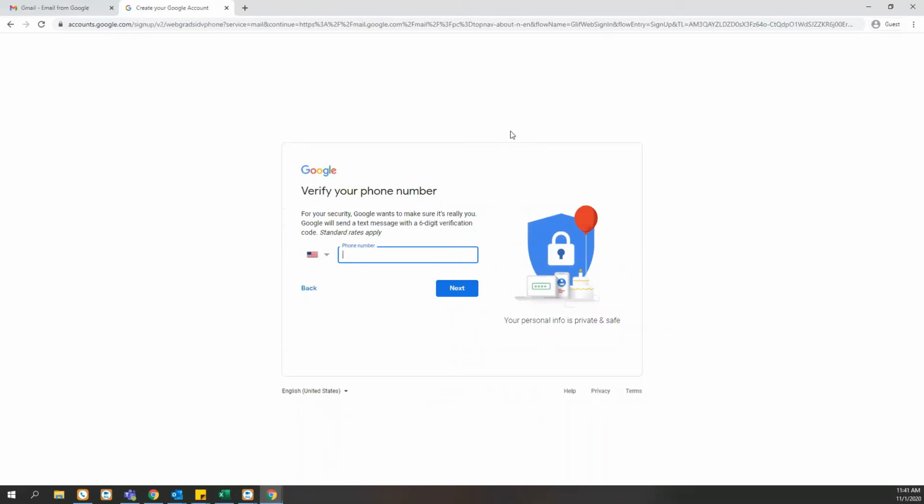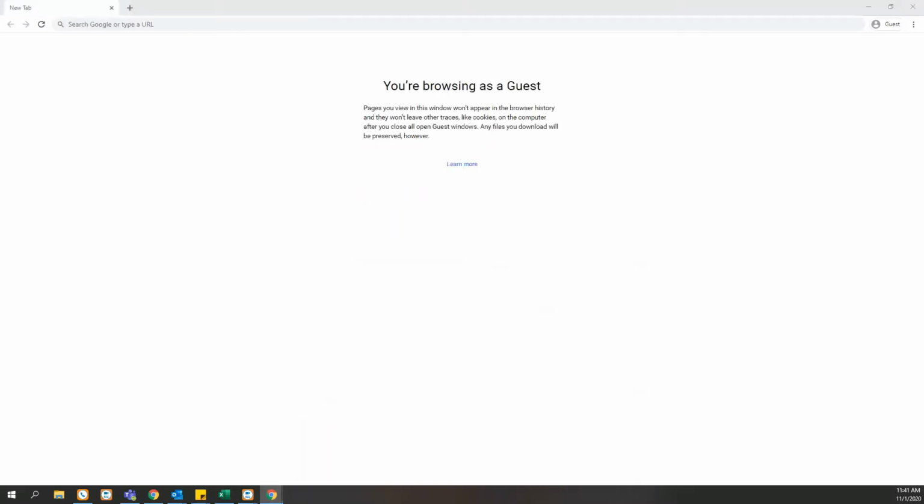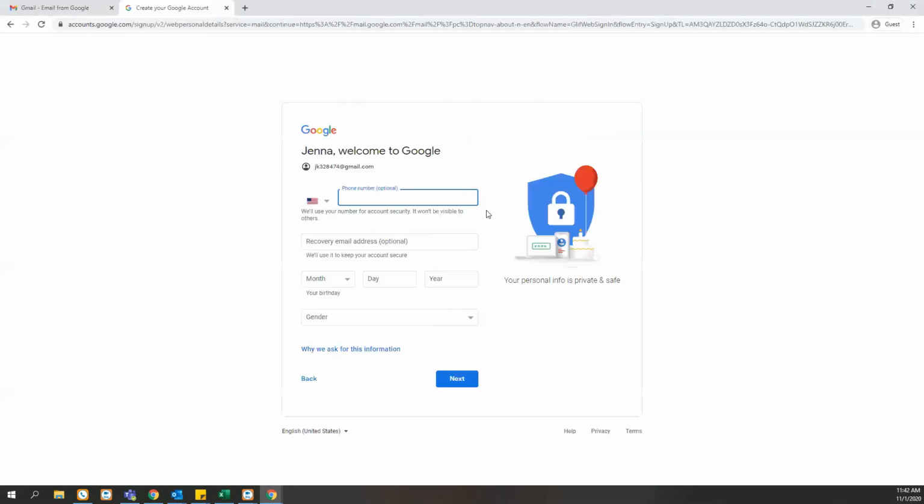So it wants me to go ahead and verify my phone number. So go ahead and type in your phone number here. I'm going to move my screen just for security's sake. But I'm typing in my phone number. And then I just received a text message to my phone. So I'm going to type in that code that I got sent to my phone. Okay, so now that that's done,